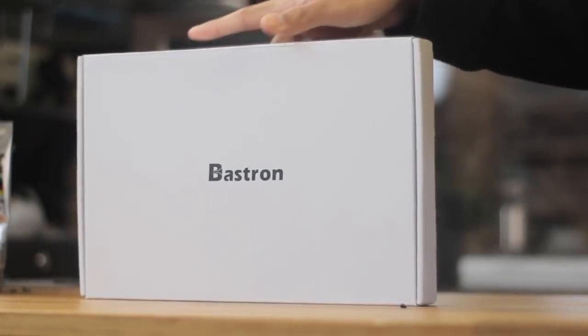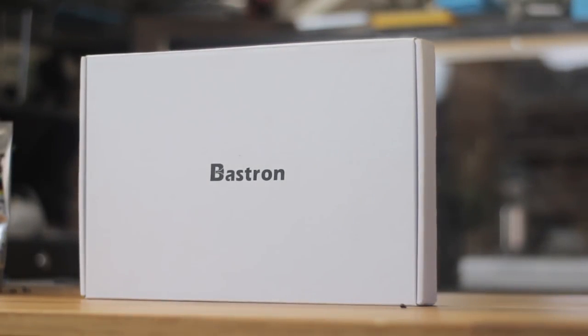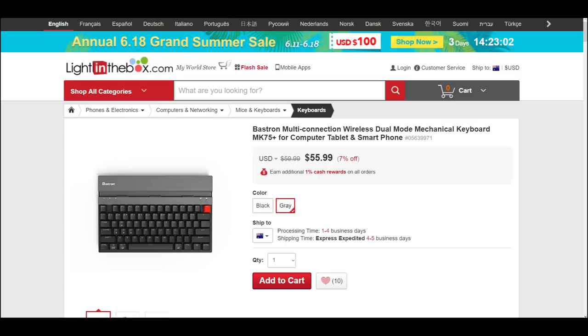Today we're going to check out a mechanical keyboard that's specifically made for mobile devices, and it's also a pretty affordable option. I've seen this on Massdrop before, but I haven't seen much of it since, and this was provided